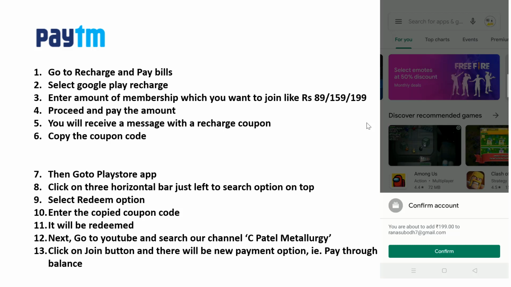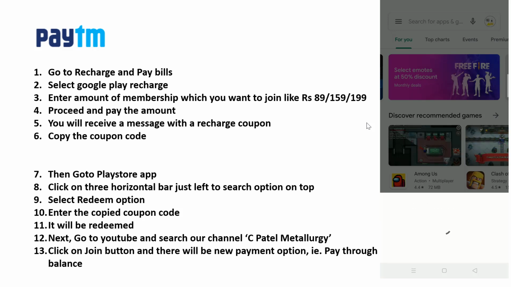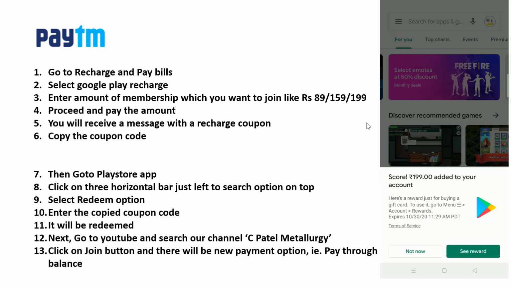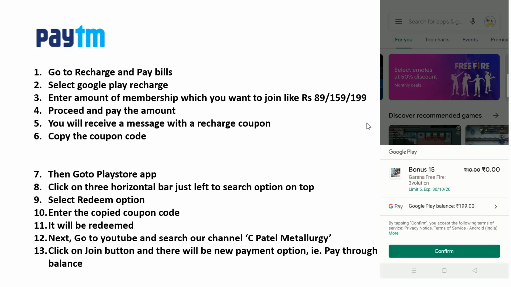Click on the confirm button. Okay, now it has been added. You can see the reward, or you can click on Not now. The Google Play balance is showing 199, right?